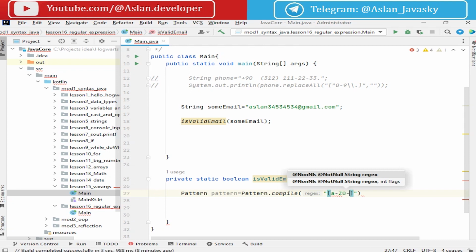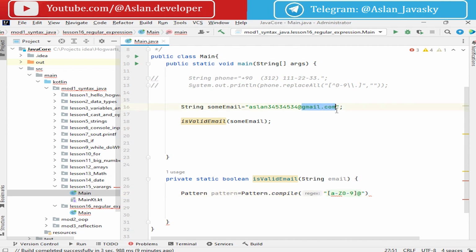Also we can use numbers from 0 to 9. Then the at symbol. If this symbol is necessary, we can specify a question mark for one time or none. Plus means one or more at symbols. Also we can use asterisk for none or a lot of at symbols. For one at, yes, but we need only one at symbol, so we can leave this version,